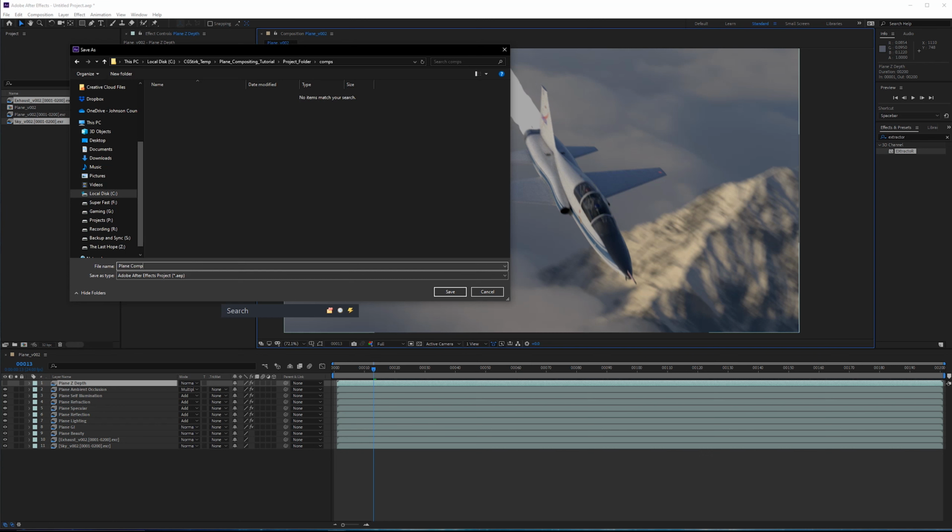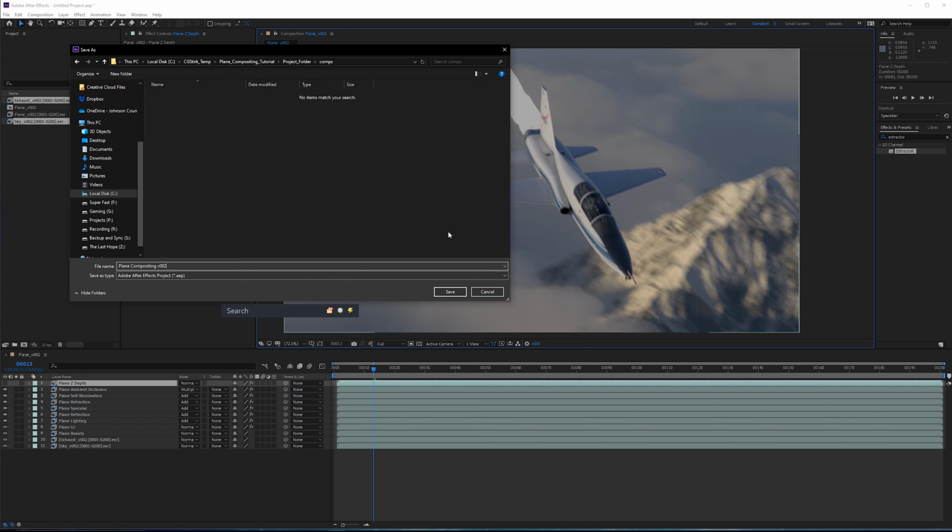Now, when you save version numbers, you should always save the same version number as whatever the latest render that you did in Maya. The latest render was version 2, so you should save your After Effects composition as version 2 as well. This makes it much easier to go back and forth between projects, and clients can use the version number to tell you what they liked and what they didn't like, and that same version number corresponds to a composition and also corresponds to a scene file.